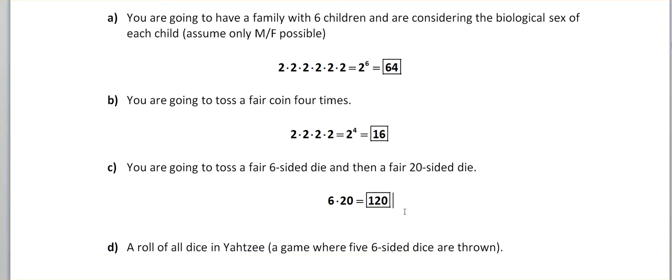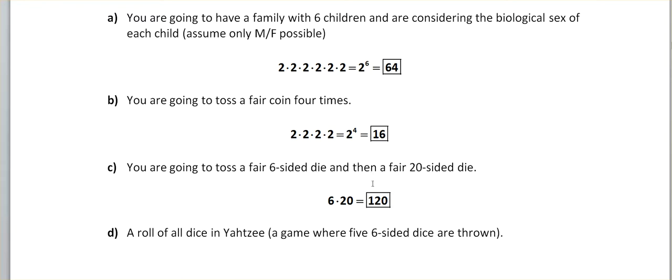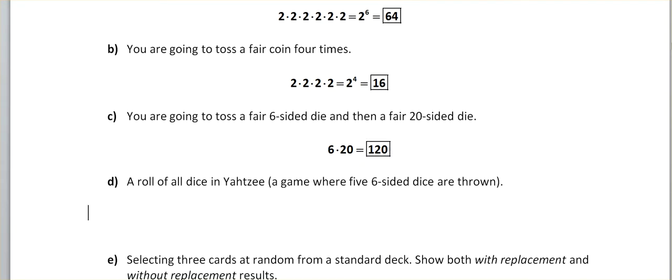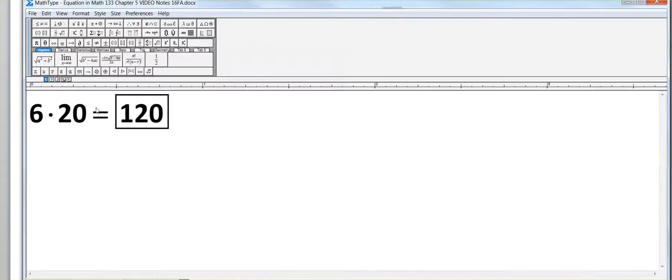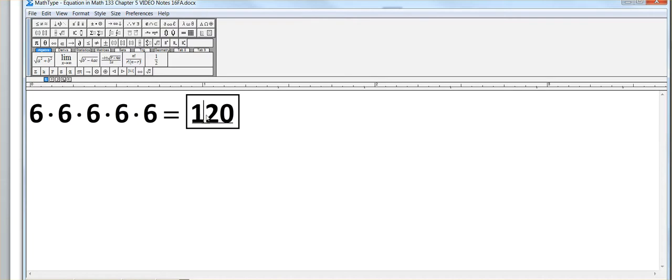That's way too large. All right, now Yahtzee is a game I used to play a lot of when I was a child. I doubt I was actually playing it correctly, but I was playing it. Now Yahtzee is you throw 5 six-sided dice, and you're interested in getting sixes if I remember correctly. But you're throwing six-sided dice, so there's 6 options for the first die, 6 options for the second die, third die, fourth die, fifth die. So there's 6 to the 5th options,